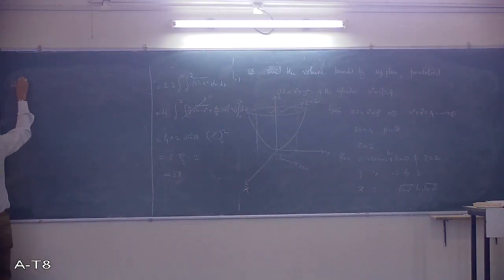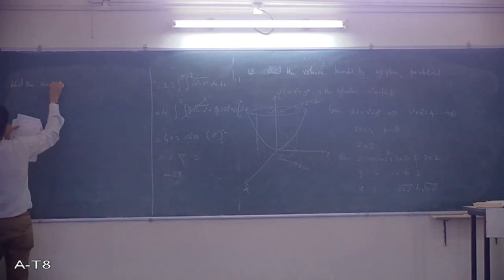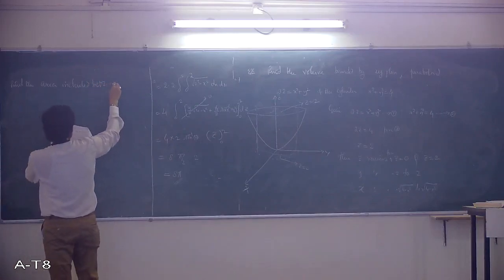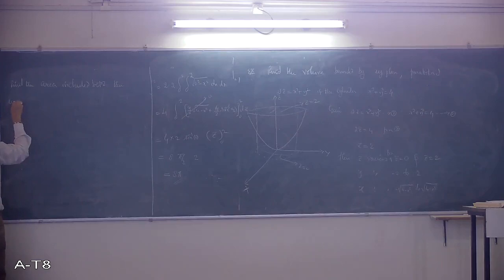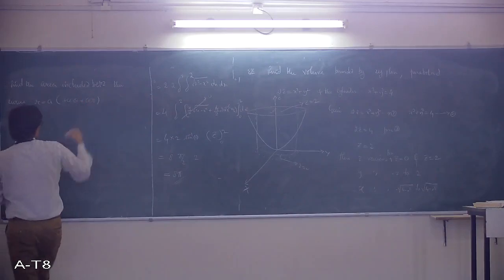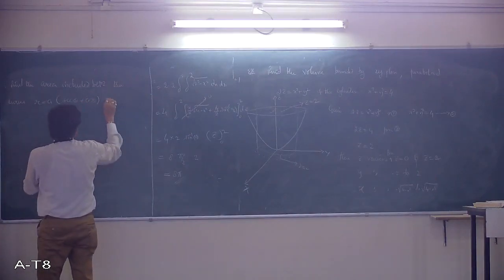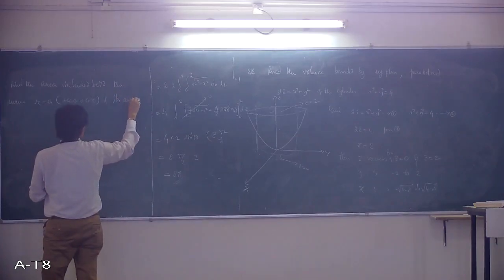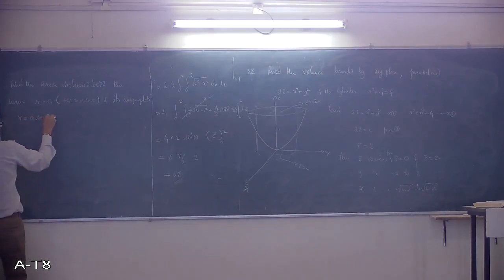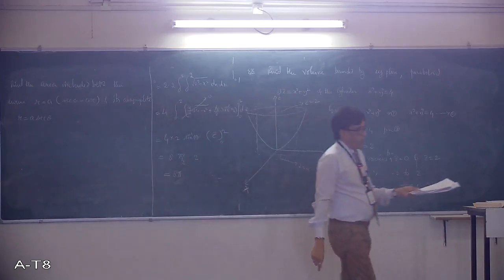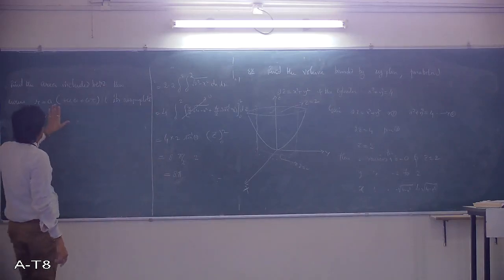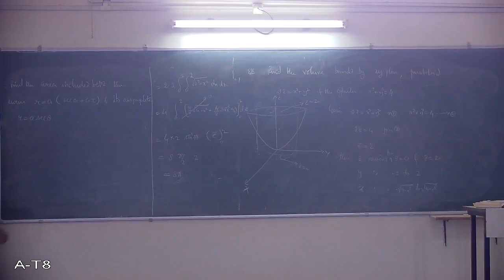Find the area included between the curve r equal to a in brackets sec theta plus cos theta, and its asymptote. The asymptote equation is given as r equal to a sec theta. Yes, he has given the curve and the asymptote. So the limit